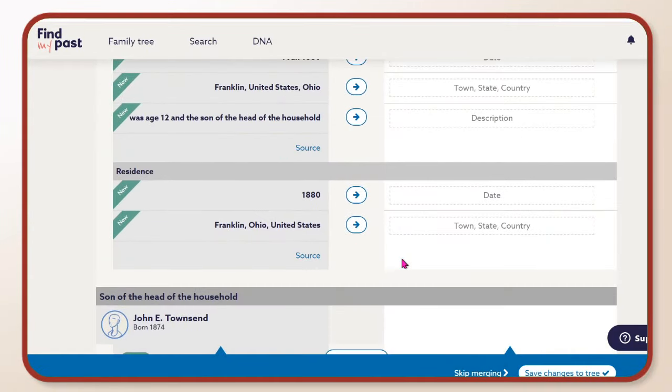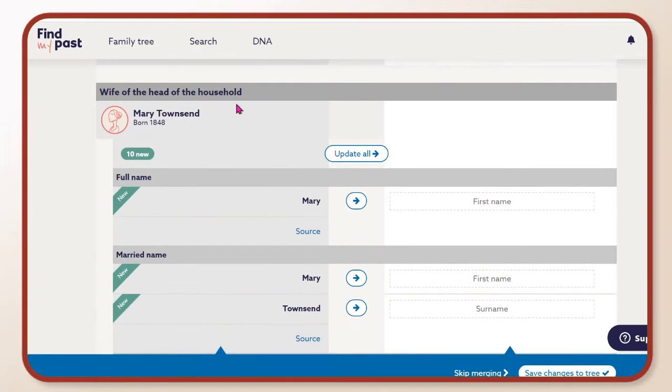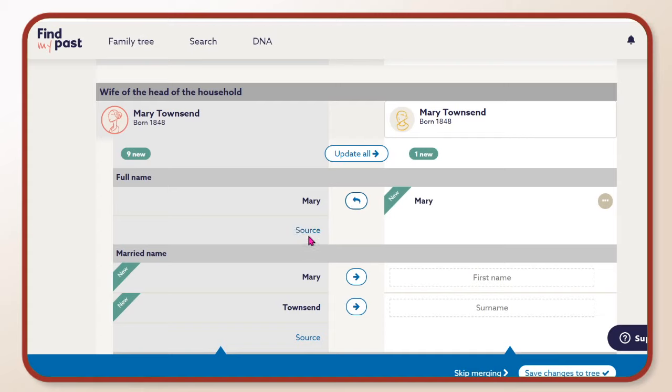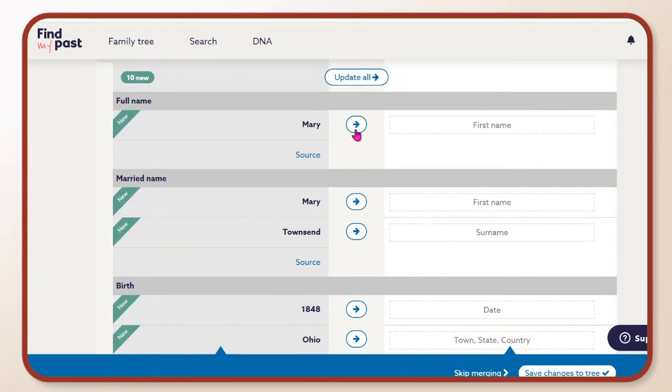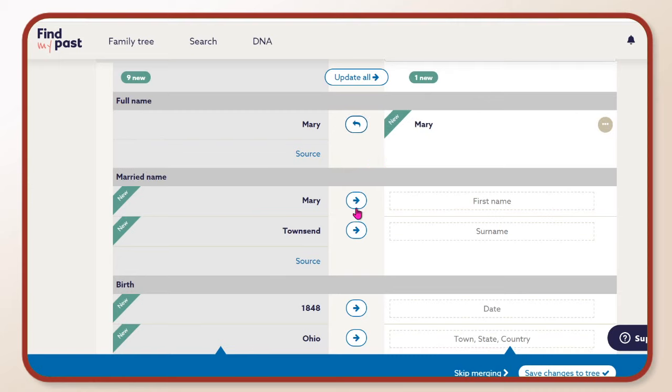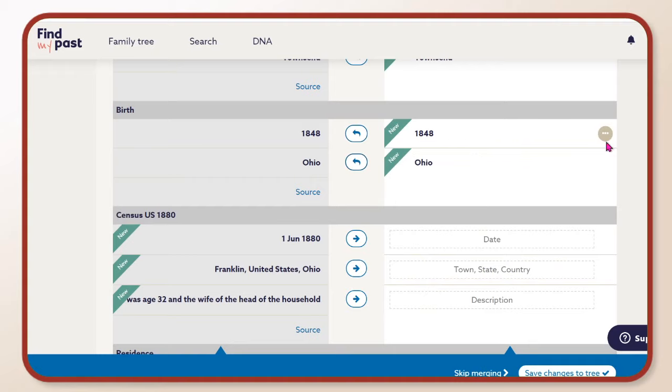But now I'm going to go up here and I'm going to start adding family members from this record. So I have Mary. I'm going to bring over Mary, and her last name is Townsend, but Find My Past has figured out that Townsend was likely her married name, so they don't give you an option to put, let me go back. I'm saying that wrong. I don't want that full name. I want to do, you know what? This is different than what I expected, but the full name is Mary, the married name, they've gotten separate places there. Birth, but here's what I wanted to show you right here.